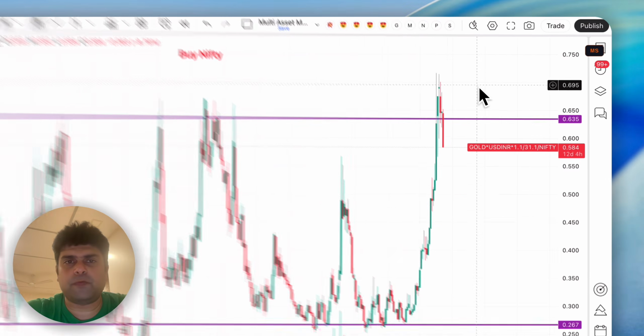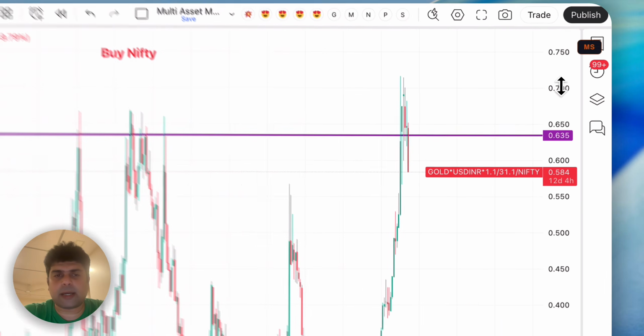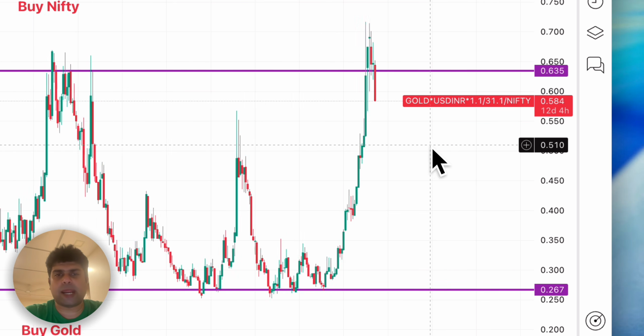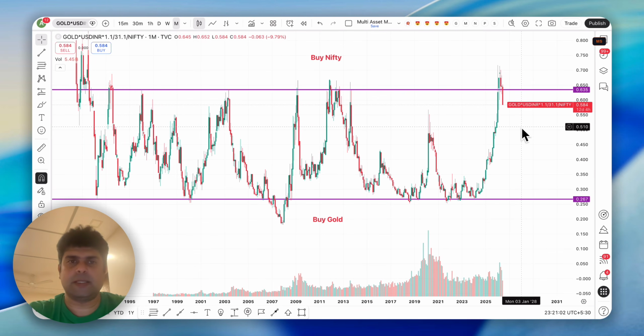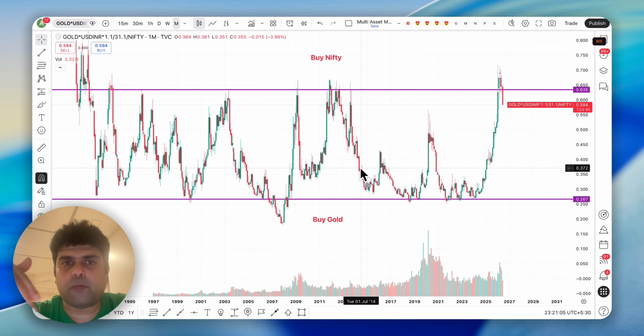Okay, now the method that I'm going to show you is basically a ratio chart. A ratio chart is where it shows gold over Nifty, but there is a slight tweak to it. It is gold versus Nifty in USD terms. Okay, and it's going to show it to you in that way. So let me just pull out that chart. It's not something that I have created by myself. I actually found it a couple of years back, and I had drawn it and kept it in this particular manner. Along with that, I ended up putting two trend lines. The trend lines primarily indicate that whenever I'm on one side, I would possibly get into Nifty, and on the other side I would possibly get into gold.